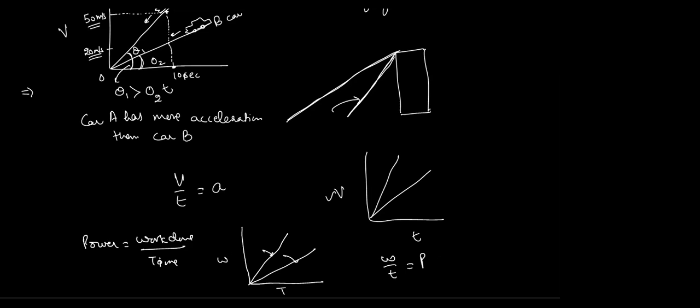The slope of a line is not a complicated thing. It is very simple, just something we are adding or subtracting or dividing. It is not a complicated task. It's very simple, and even a 5th or 6th standard student can do this. It is very easy, so don't think it is complicated. So W upon T gives you power, because the ratio of W by T gives you power. That's why we can say that the slope of the line gives you this.